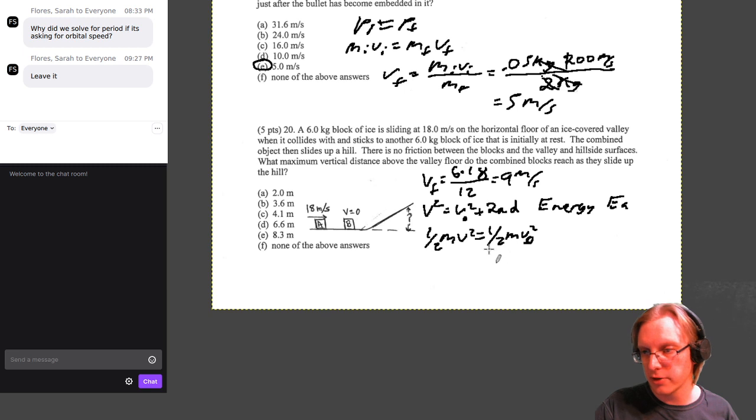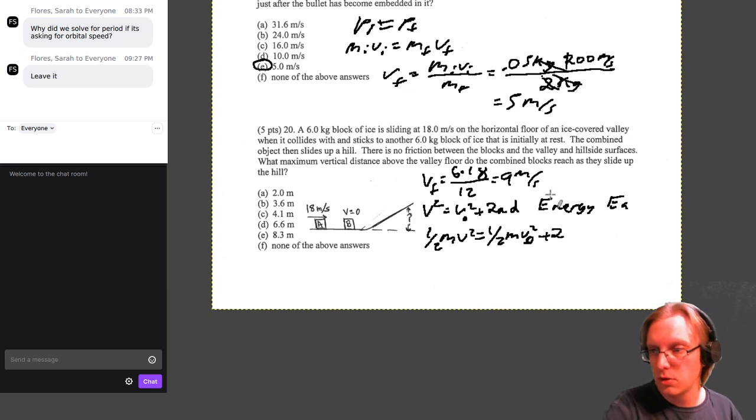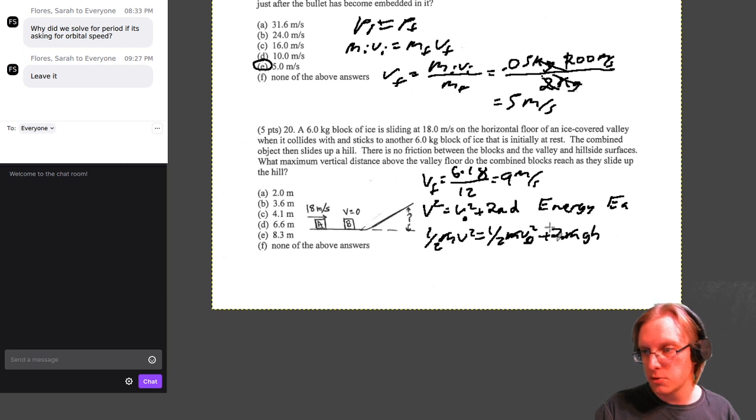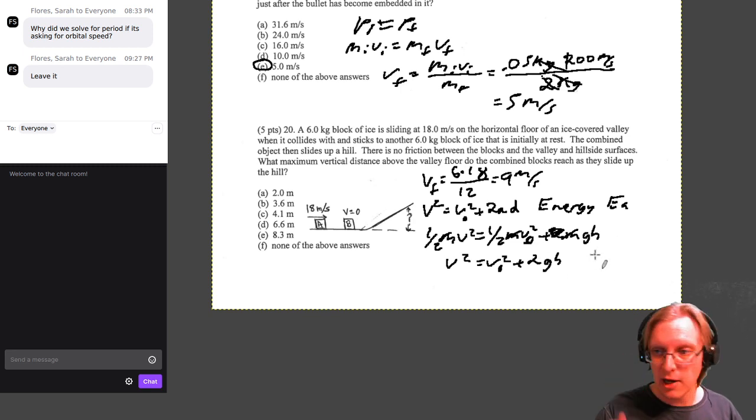No, put our initial there, plus mgh. M's cancel out. Oops, that 2 does not exist there. Just mgh. The m's cancel out. Multiply everything by 2, and we get v squared is equal to v naught squared plus 2gh, which is more or less what this thing here is. Just that things are hiding. Anyhow,